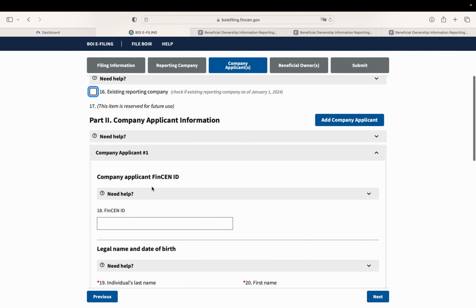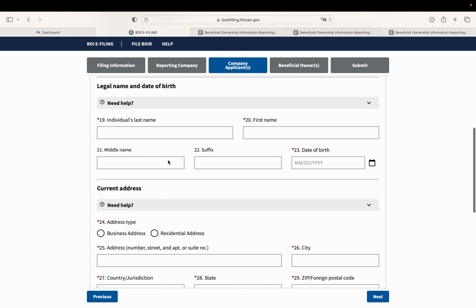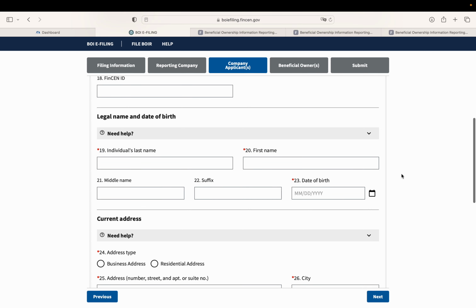Here it's asking for company applicant. Now, this is the person who submitted the paperwork with the Secretary of the State. Now, there's a question whether if you file the company with a lawyer, should the lawyer be the company applicant? Well, the answer is no. It's still the person who initially wants to open the company, right? So the lawyer is just an intermediary who provides that information to the Secretary of the State, but it's the person who opens the company. So do not enter your lawyer's information, just enter your name